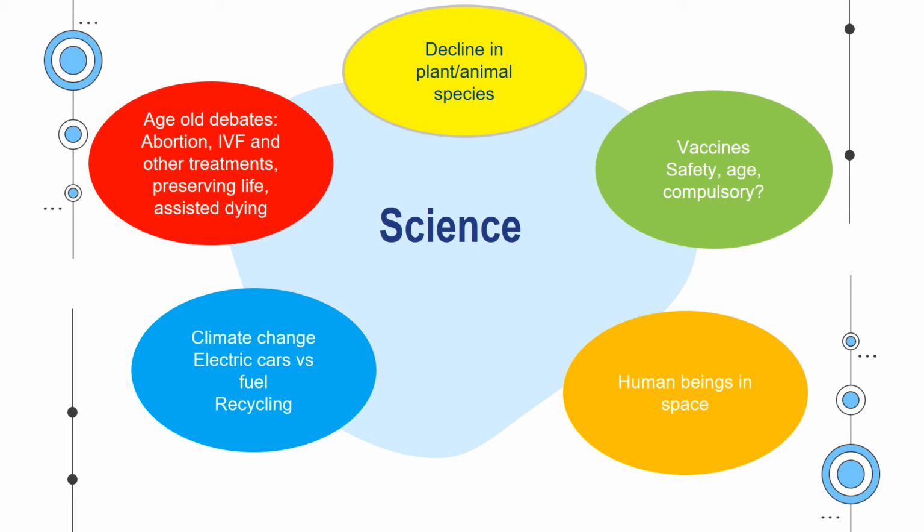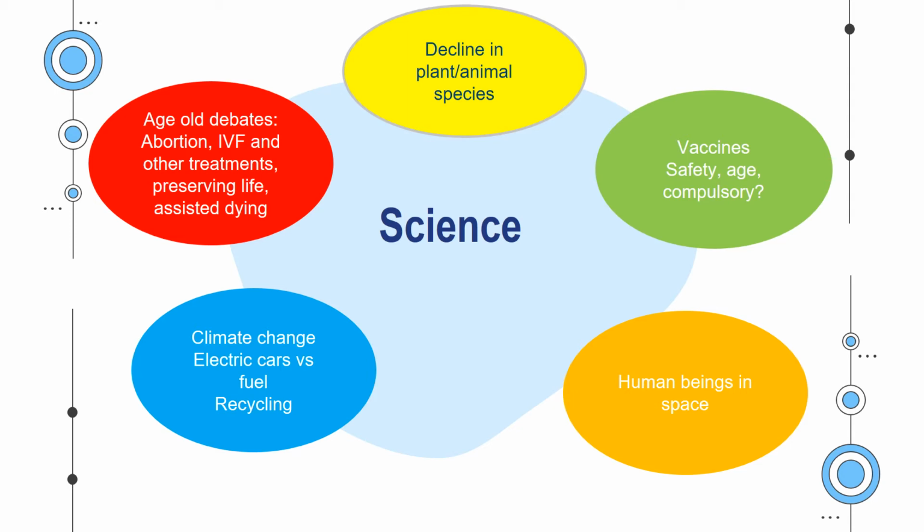Another recent thing, human beings in space. We know that Richard Branson is keen for us to go to space. Should we be doing that? Should we allow members of the public, Joe Public, to go into space? And then there are the age-old debates that surround scientific, but also maybe moral issues as well. Abortion, the time limit on abortion, the availability of abortion, IVF. Obviously, that's an artificial treatment to enable people to bear children, and other treatments as well,